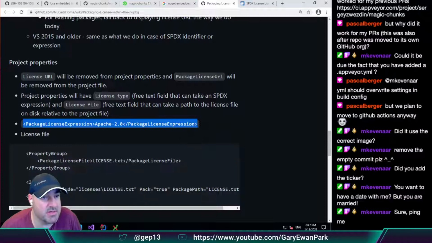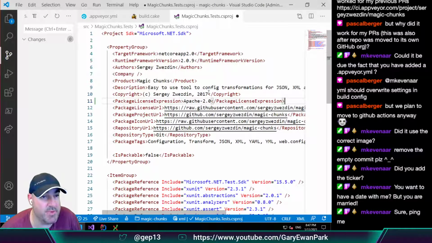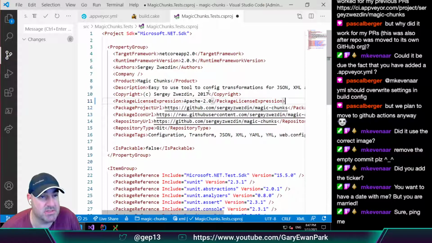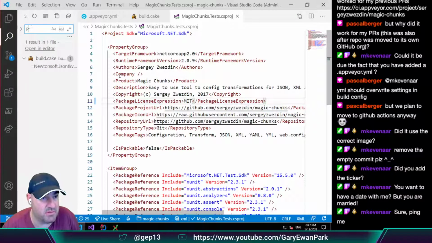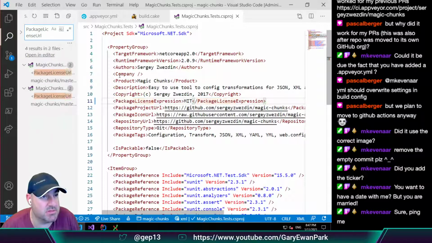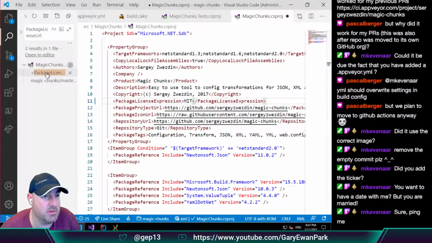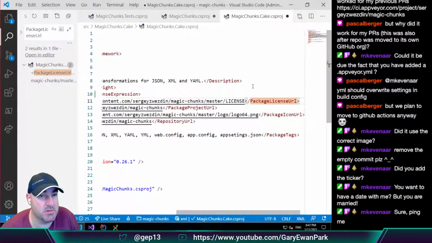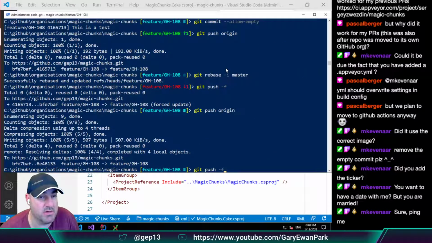So if I copy this and we go over here and say, rather than use package license URL, we're going to use package license expression, and we're not going to use Apache, we're going to use MIT. Oh, that's not actually the one we want, but I think it's valid. That's for the csproj file, but if we do a wee search here for package license URL, then we can update it in all the places that we need to. If I grab that again, we'll replace that one, and we'll replace this one with that one. Okay, so now if we go back over here and we run our build again,